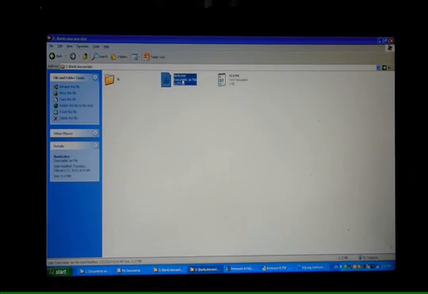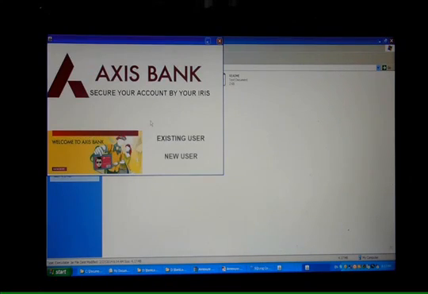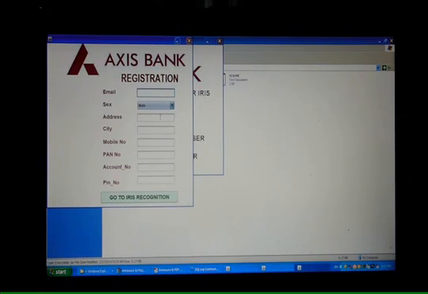Okay, now you have gone through the system. Now I will show what happens if any other image is given: it will not be taken. Suppose I am giving an